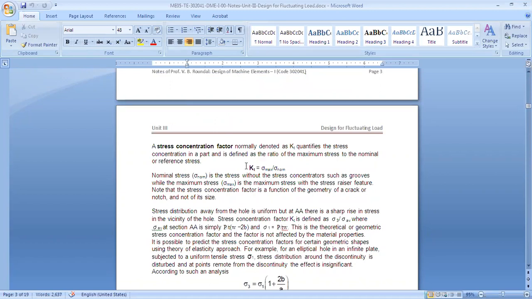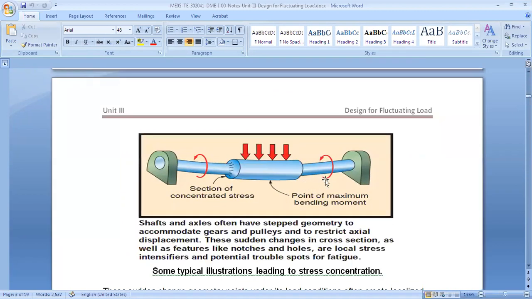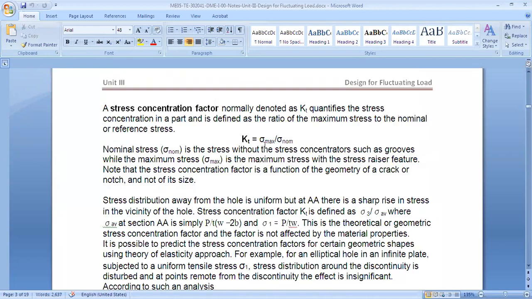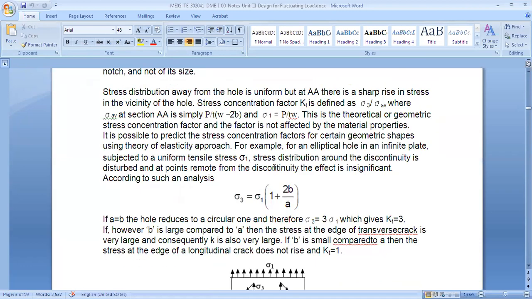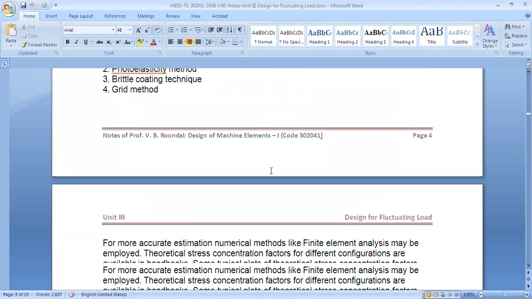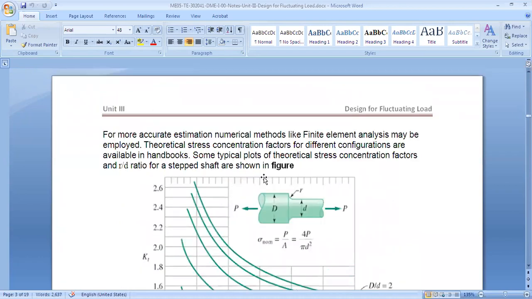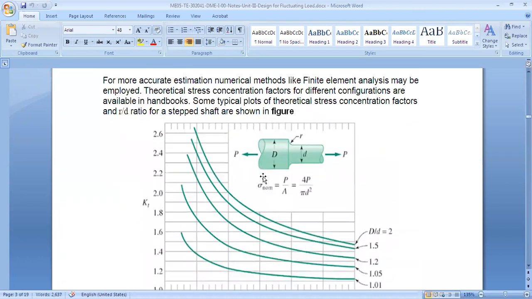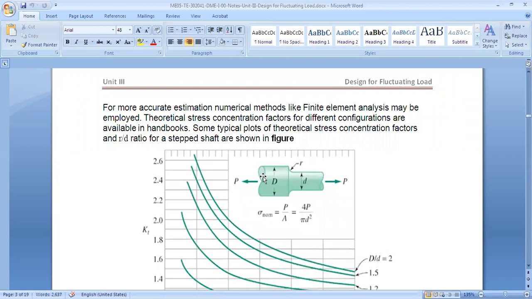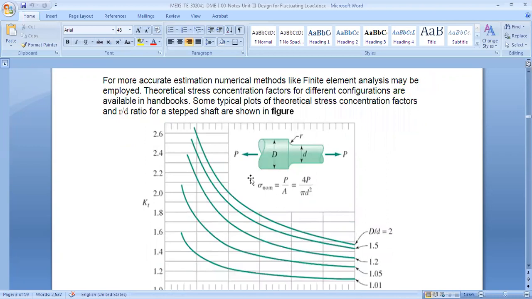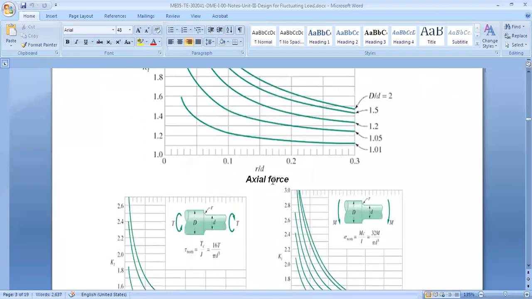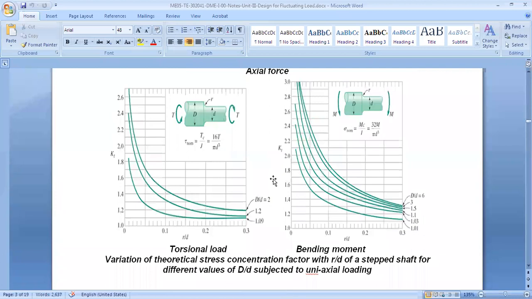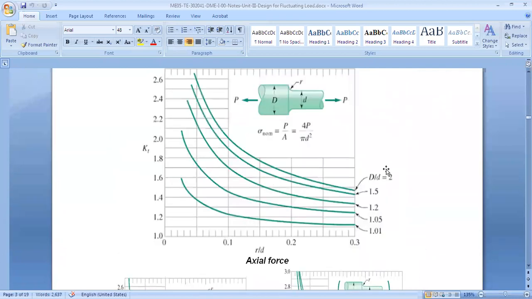I hope you can see my Word document. So we have seen the stress concentration factor Kt, which is sigma max upon sigma nominal. Then we have gone through how to read Kt from the standard graphs, and how to find out those exact values of Kt depending on the ratios of your diameters, curvature and all that.